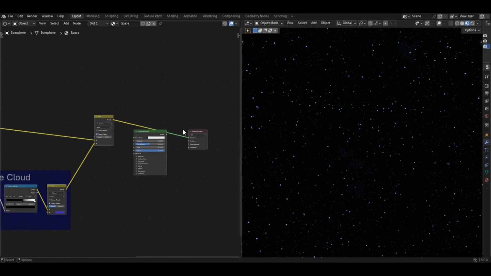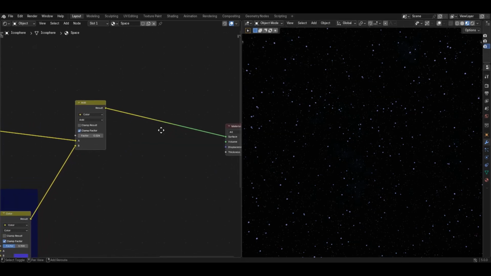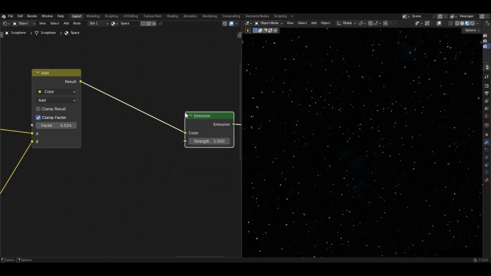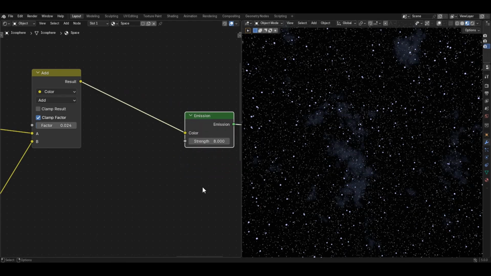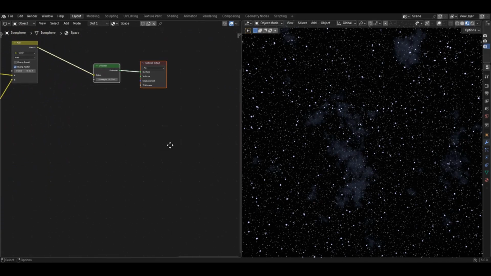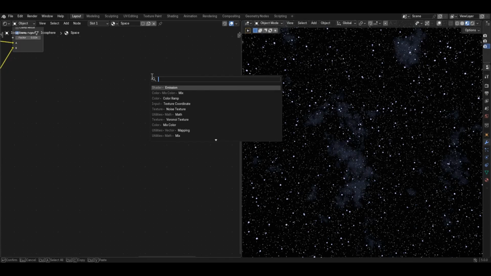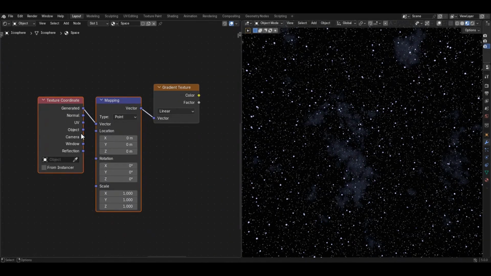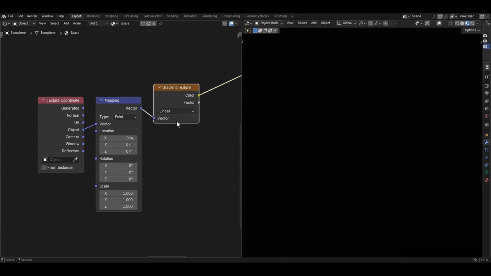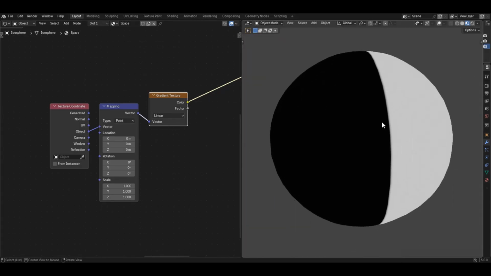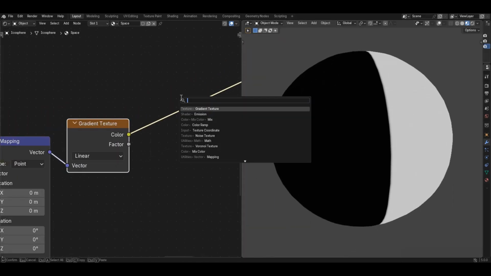Now, let's create some interesting things. Remove our principled BSDF, add an emission texture node, put it there, then turn the strength to 8. Push everything out, then I'm going to add a gradient texture node, hit Ctrl T, plug the object into our vector, preview our gradient texture node, add a color ramp node,